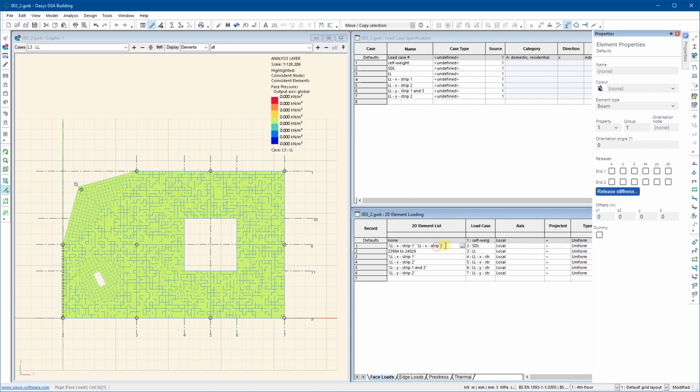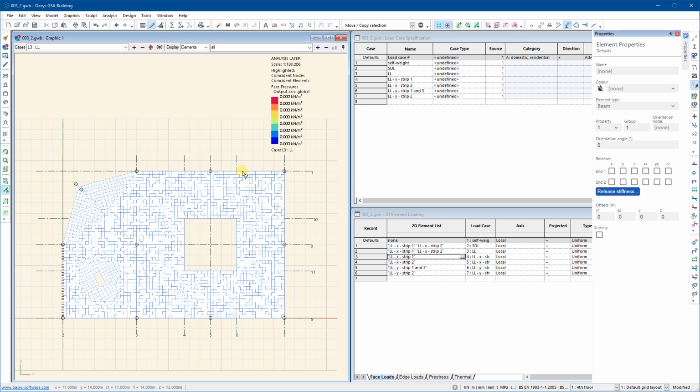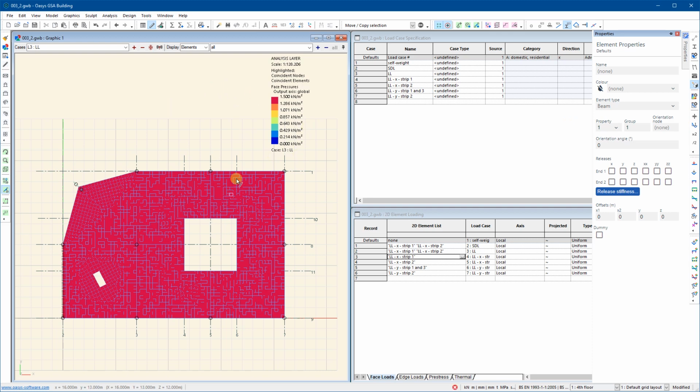So I can, again, cut and paste. And that's turned white just because it's trying to refresh itself. If I come over to the right-hand side, I choose the rescale option. Now it shows the actual values that we've applied. If we come back to the superimposed dead load, that rescale again shows everything's at 2,